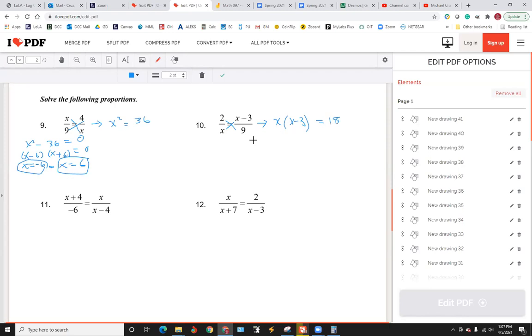And then this is going to be x times x is x squared. And that's equal to 18. And then we're going to subtract 18. So this is going to be x squared